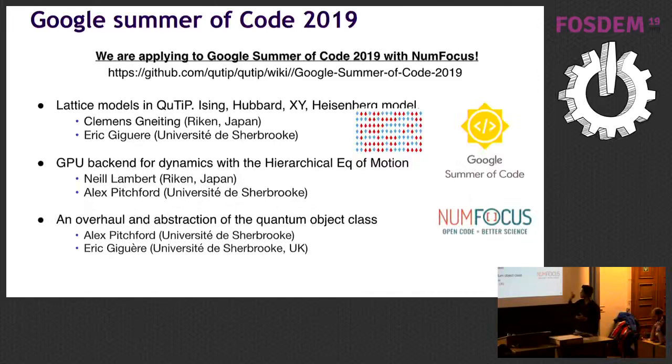Then there is a very exciting project, which I personally am interested in and will be involved with. We want to make a GPU backend for the dynamics with this method called hierarchical equations of motion. This is a method from quantum chemistry with which you can simulate spin systems interacting very, very strongly with the environment, and you see these very non-trivial effects. And this problem quickly becomes extremely large because you have the main density matrix, or the description of the main qubit, but now you have a structure of auxiliary matrices which contributes to the dynamics of the main density matrix.